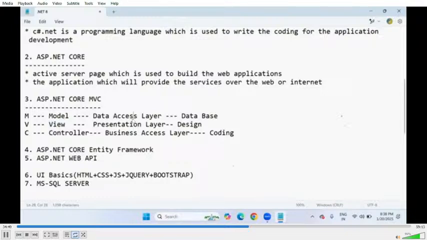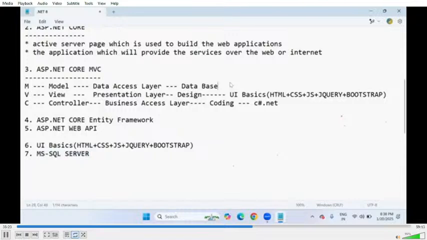But note this, only for front-end development purpose, we are going to use UI basics: HTML, CSS, JavaScript, jQuery, and Bootstrap. And it's only for design. This is front-end development. But the remaining things like the C#.NET programming language, ASP.NET, MVC, Entity Framework, Web API, even including Microsoft